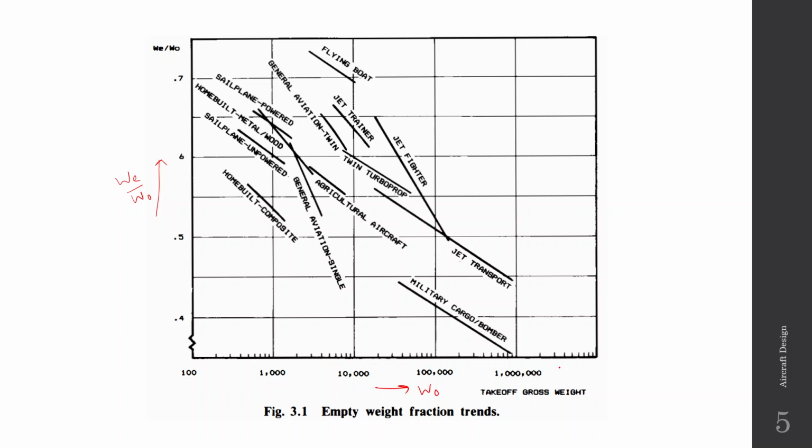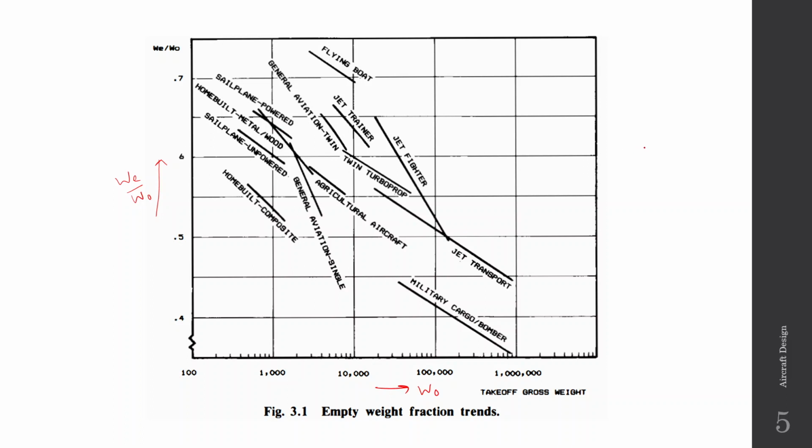And you can see that the x-axis is a logarithmic scale, and in this logarithmic scale they are forming straight lines, which means this is an exponential relationship. So you can see that for various classes of aircraft we have